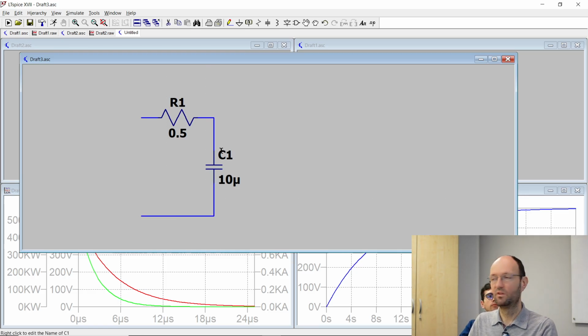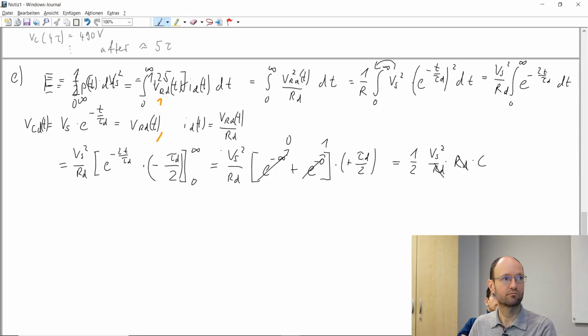And so from this we would like to have complex impedance, for example. Then complex impedance is